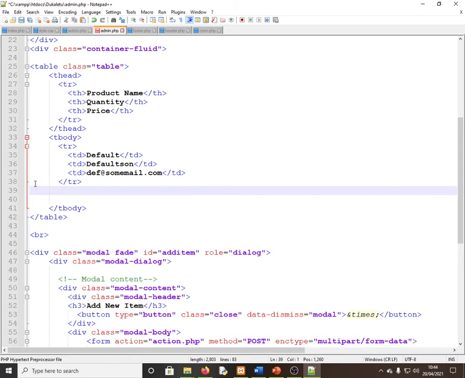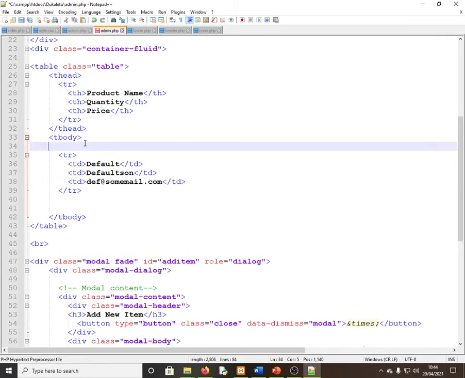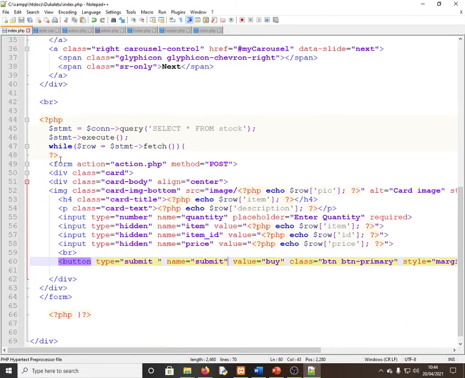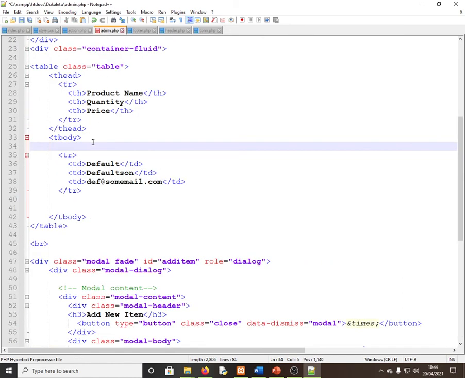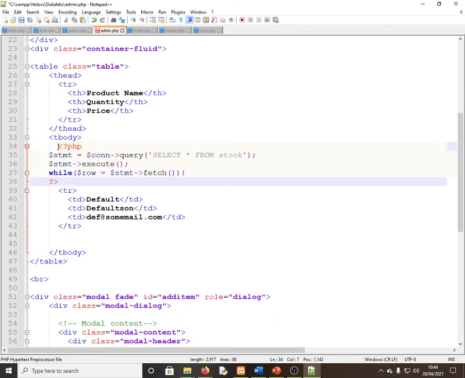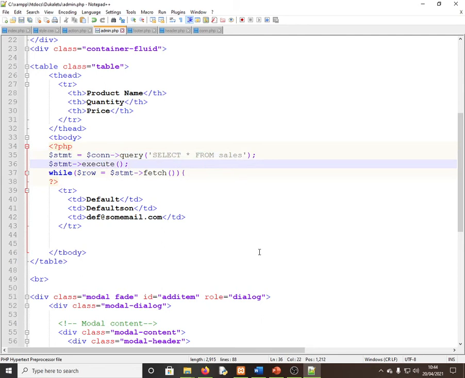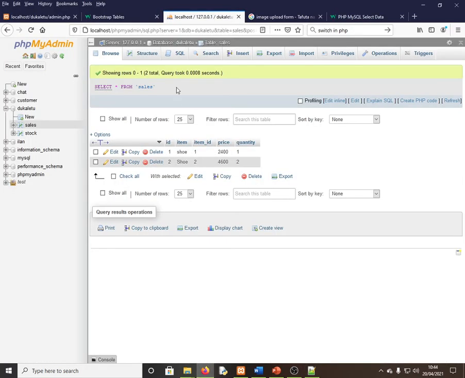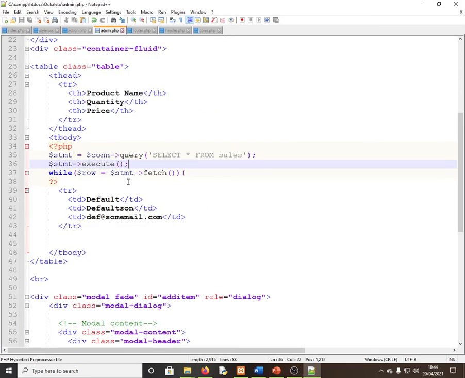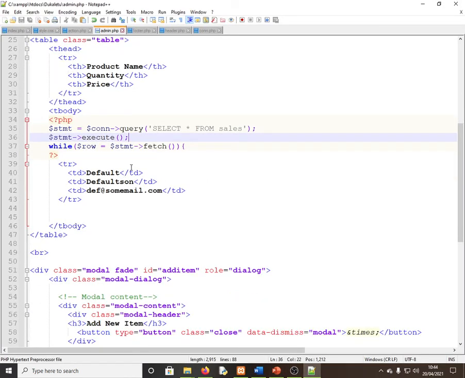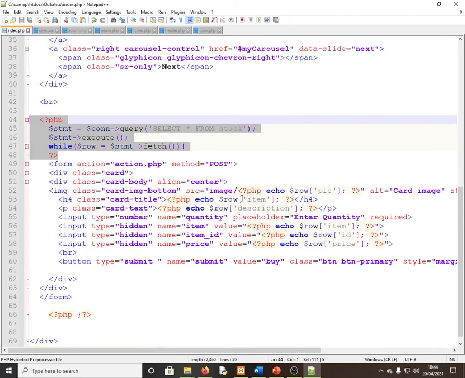Then my loop is going to take place here for the PHP, similar to how it took place here. But in this case, this is going to fetch data from not stock but sales. Is it sales or sale? Let me check and confirm the table so that I can be sure it is sales actually. So that one is correct. So we are going to fetch everything from sales,